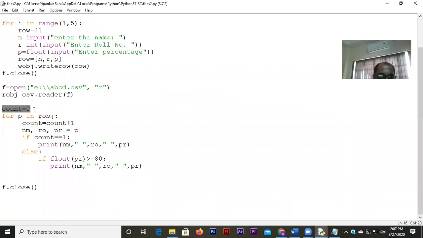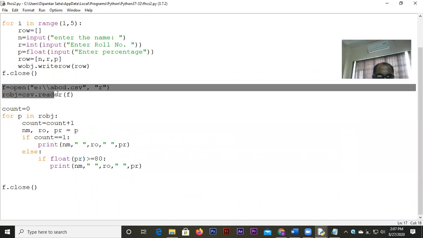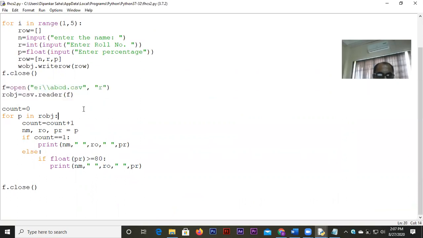I have taken a variable count, and every time, look at this here, while reading it, this is my reader object. So when you write the csv.reader function and club it with the file object, what happens? The entire data comes as different lists, elements of a list, to this particular object.